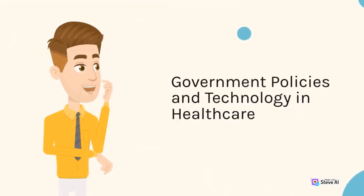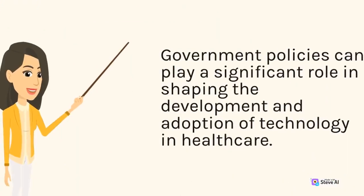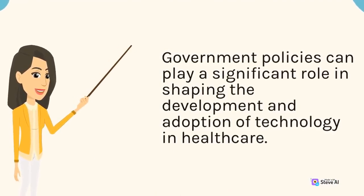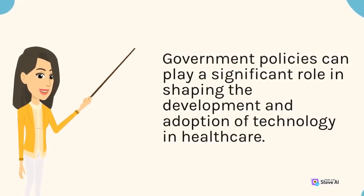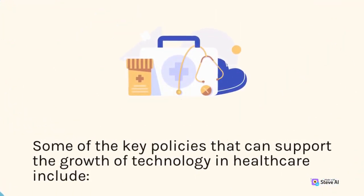Government policies and technology in healthcare. Government policies can play a significant role in shaping the development and adoption of technology in healthcare. Some of the key policies that can support the growth of technology in healthcare include